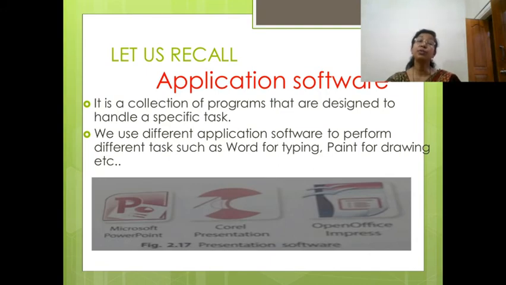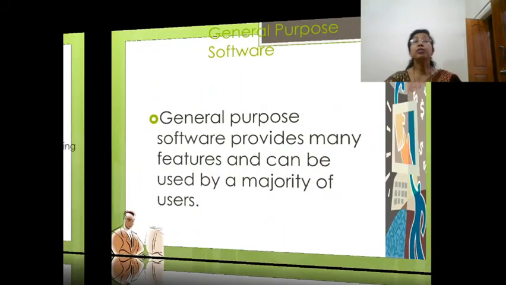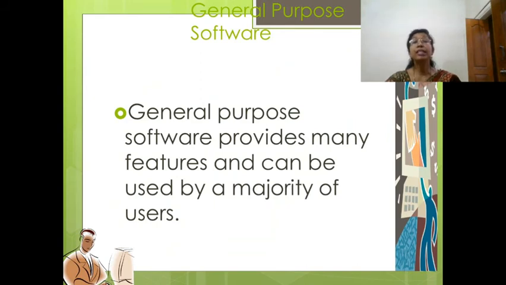What is a general purpose software? A general purpose software is an application software developed to serve different purposes of a user. For example, it can be used to print different types of documents like letters, notices, etc. Or it can be used for painting and drawing. Now we studied about some of the examples of general purpose application software.